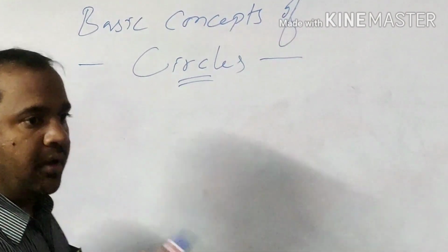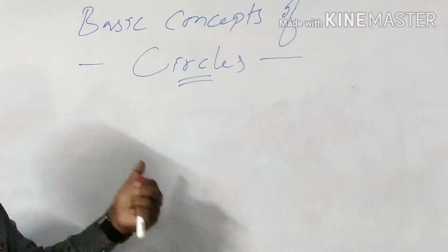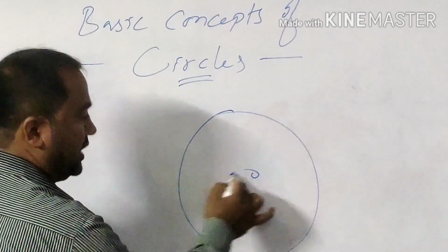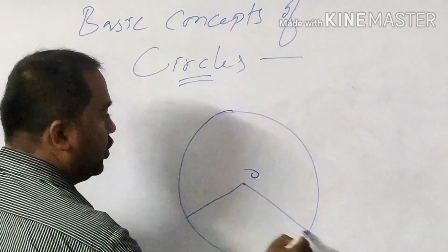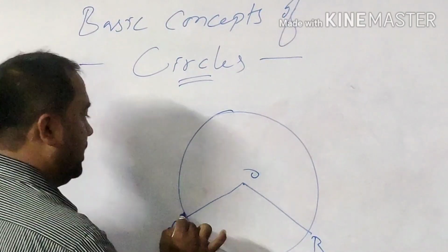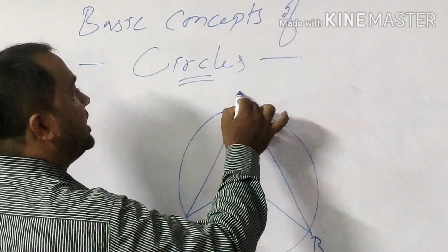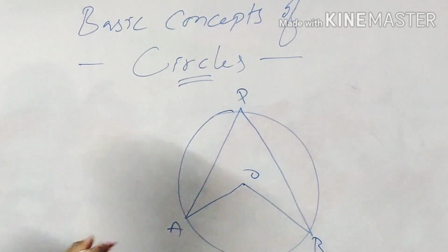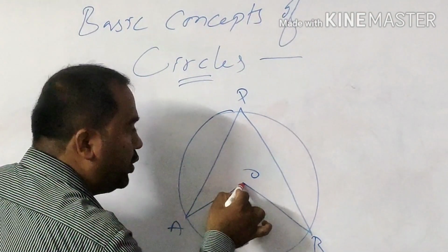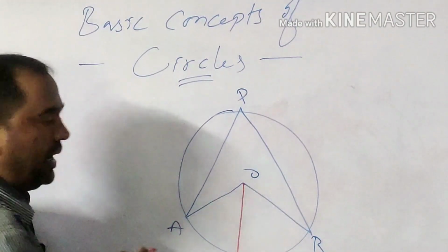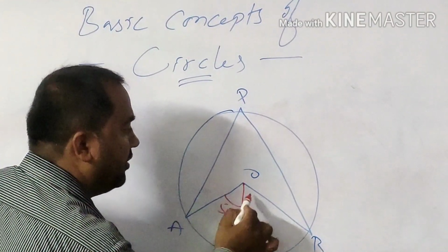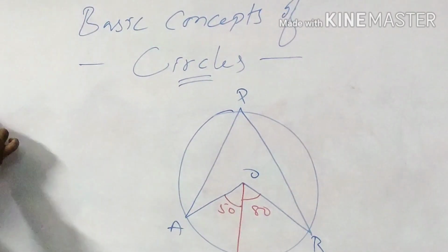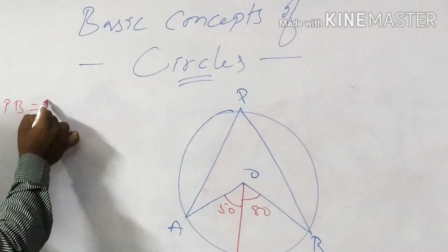Now we will have one example of this theorem so that the concept will be fully clear. There will be a circle given with center O and 2 points A and B. Again they are joining at center and a circle, a point at the circle. And now I am going to divide this angle into 2 parts. Some values will be given and it will be asked to find angle APB.